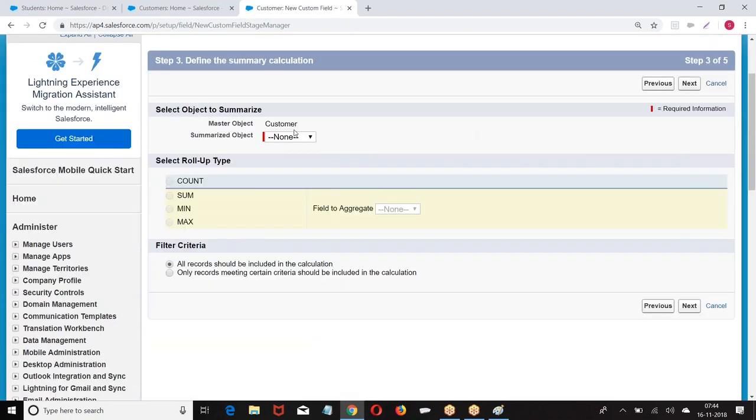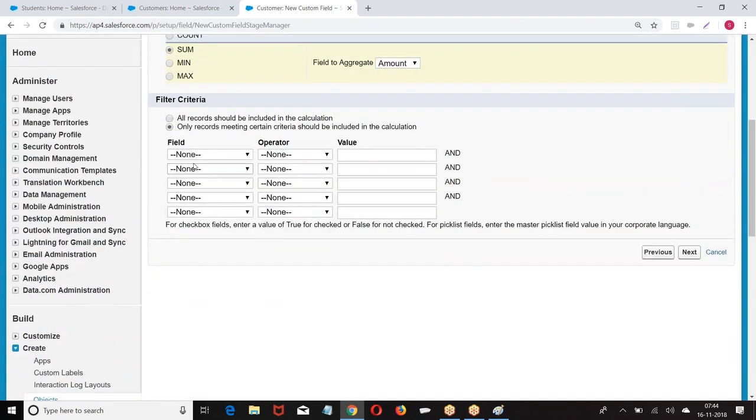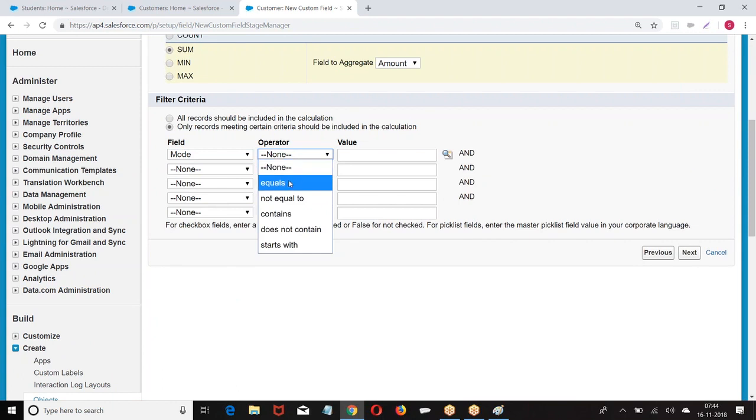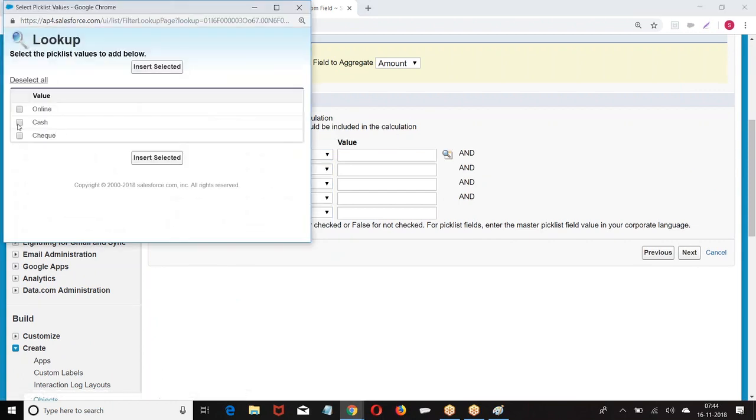Then they are asking you: summarize on payment, sum of amount, all the records or specific records. Specific records where mode of payment equals online.